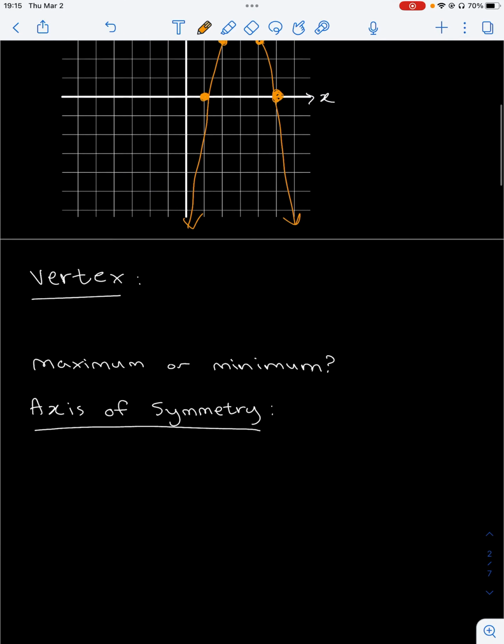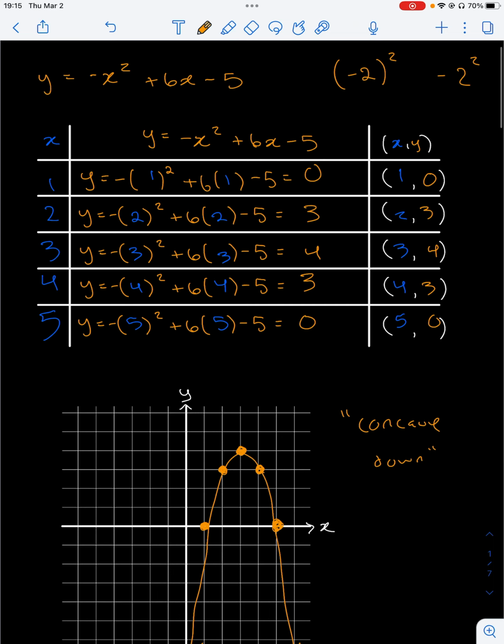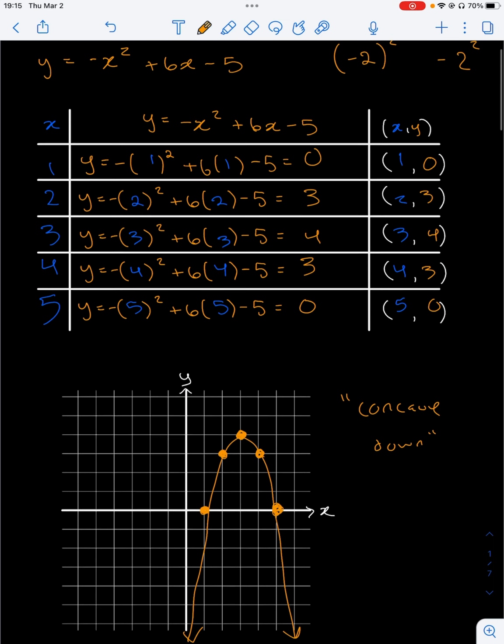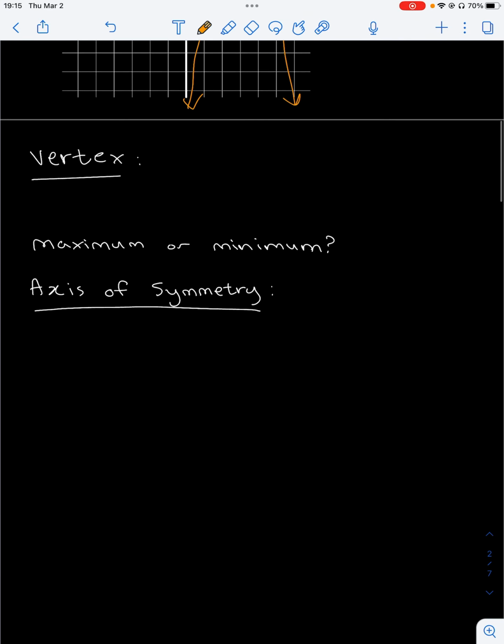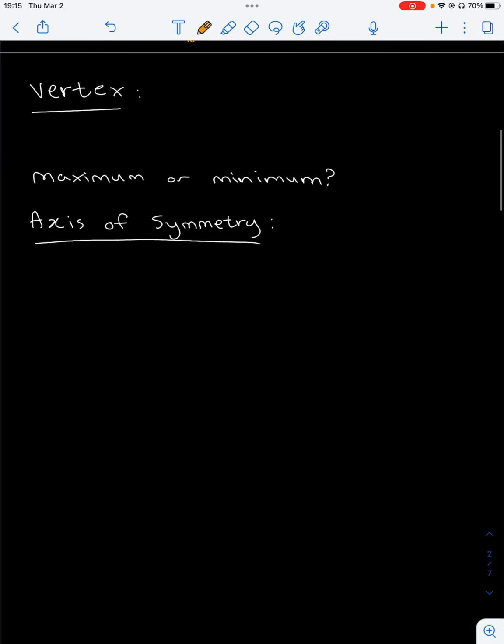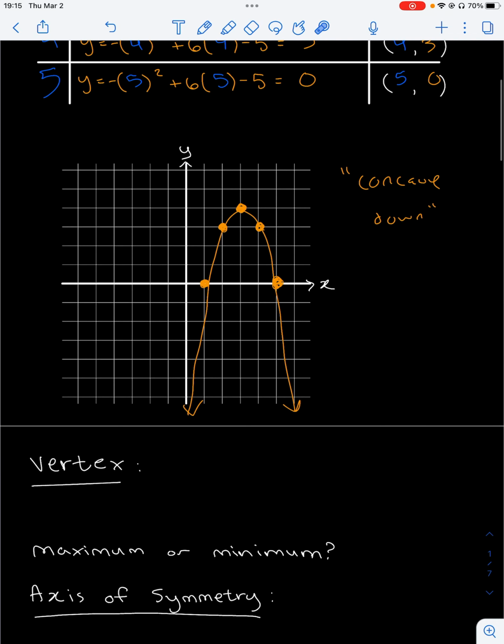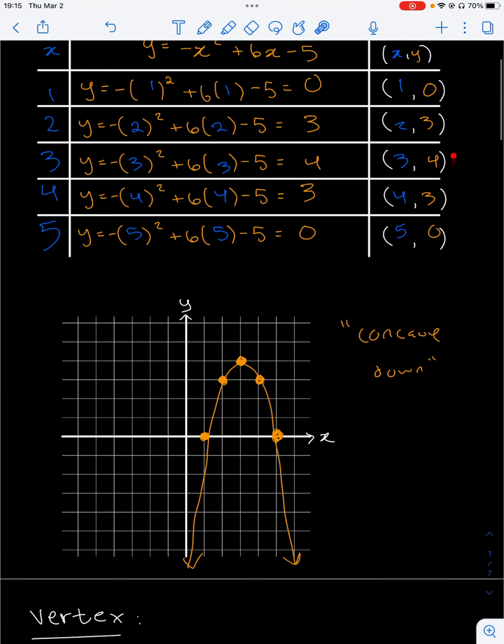Cool. So in the previous video, I went ahead and talked about graphing a quadratic equation. Feel free to reference that. In this video, I'm going to do a quick little summary about the vertex and what we call an axis of symmetry. From the last video, I talked about it already, but your center of your table of values